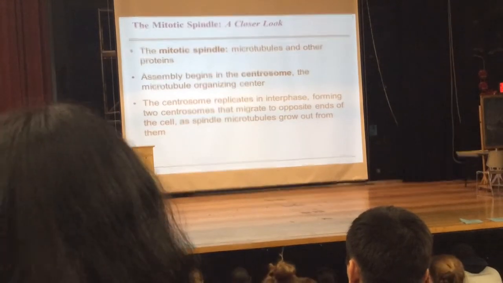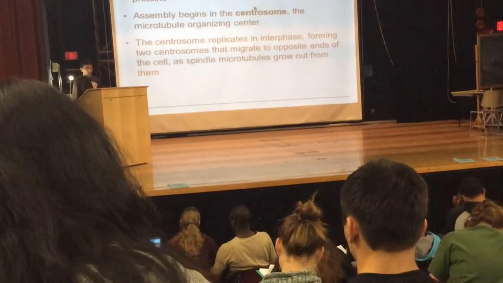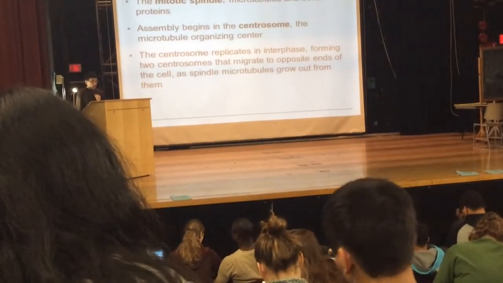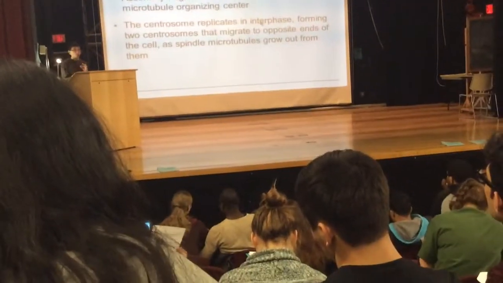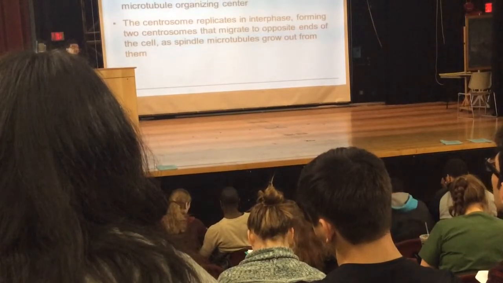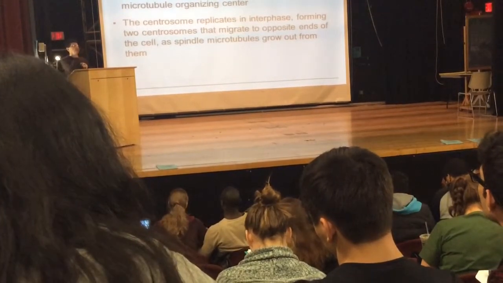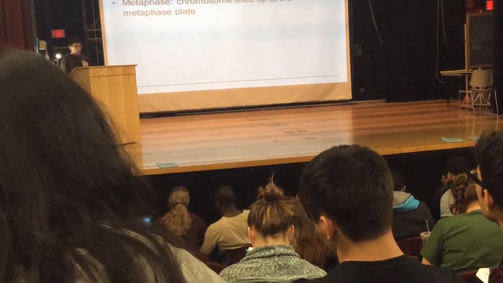So the mitotic spindle, remember, it's not just microtubules, there are other proteins involved. And the centrosomes are important for animals. They're not important in plants or fungi or algae. Centrosomes replicate during interphase. You get two copies, they move to the opposite poles. Spindle fibers form from the centrosomes. They're called the mitotic center or mitotic organizing center. There are two types of